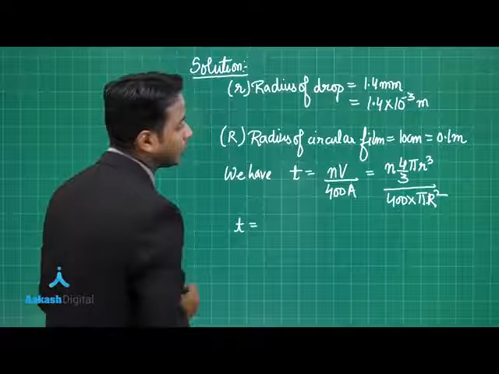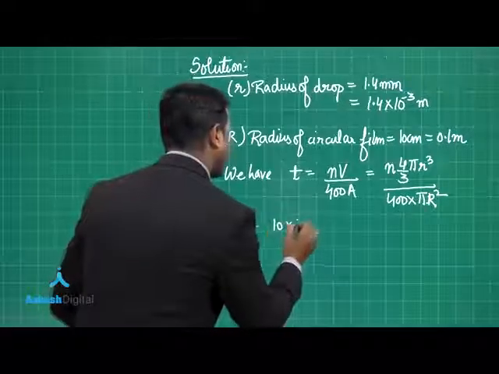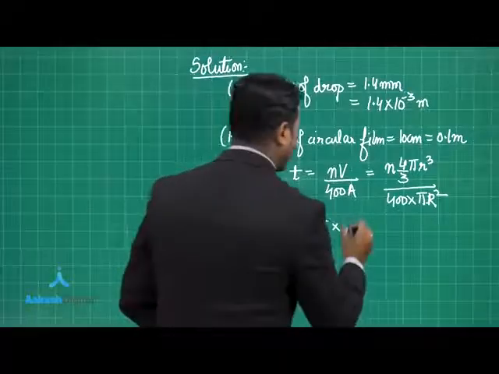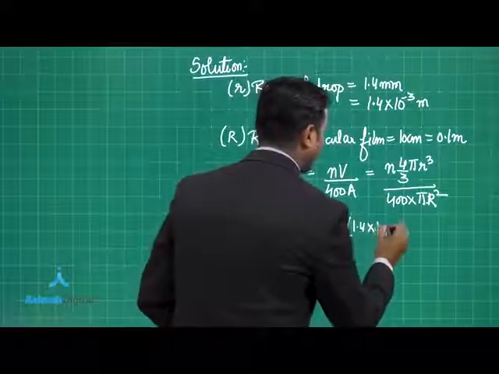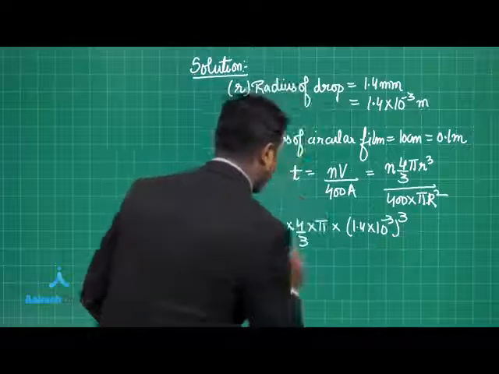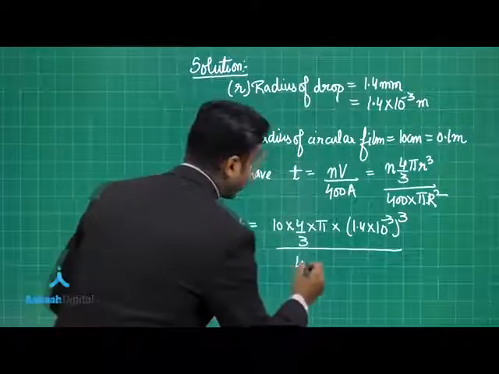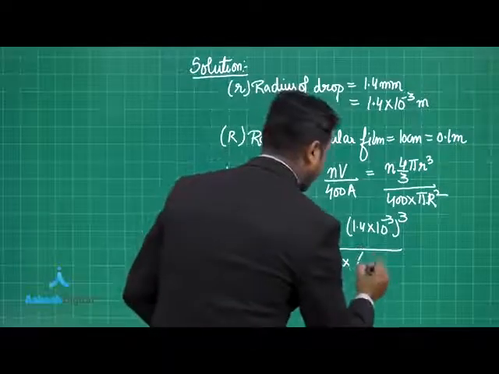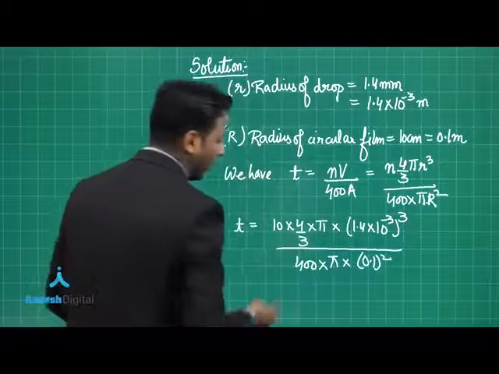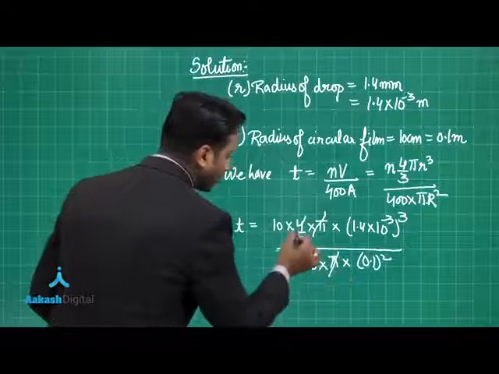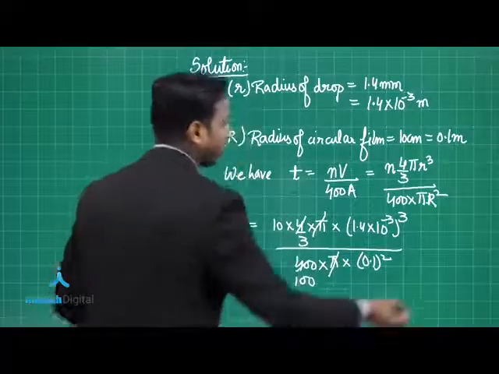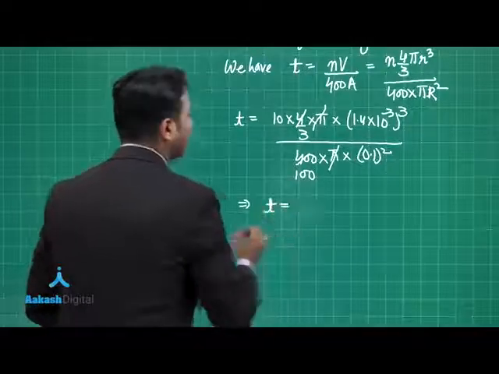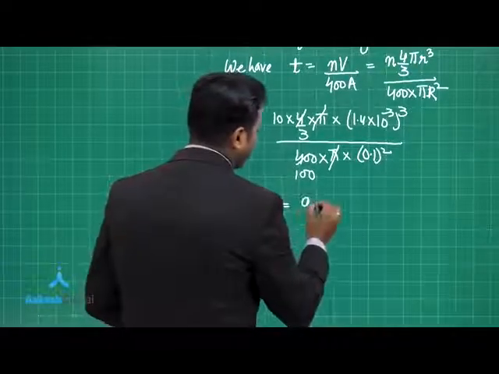We have T value equal to 10 drops are there, so 10 into 4 by 3 into pi into small r cube, that is 1.4 into 10 to the power minus 3 whole cube divided by 400 into pi and into capital R square. So this is 0.1 square, and this pi and pi will cancel, this 4 will cancel this over here, this is 100, and if you solve it further, this T value will approximately come out to be